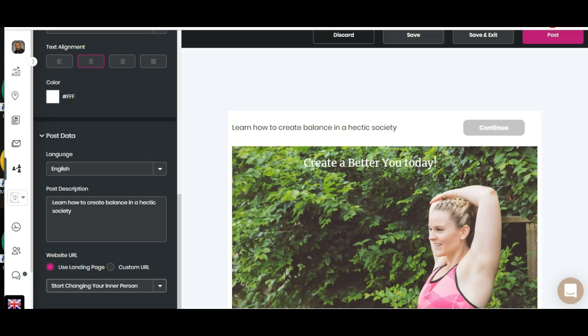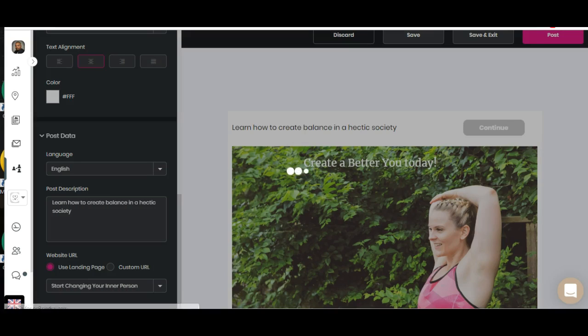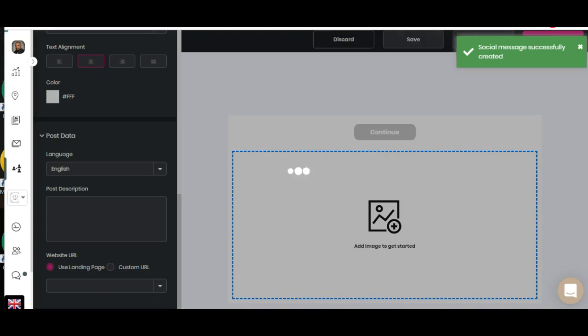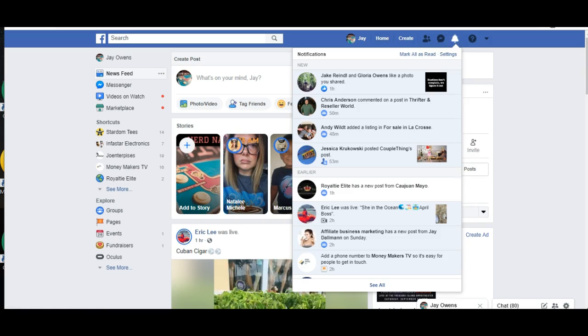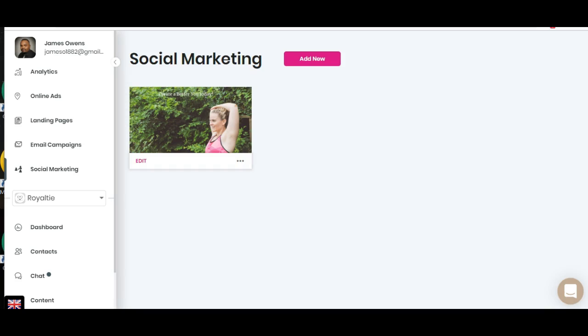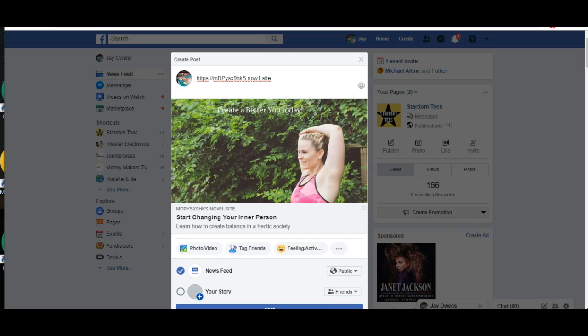So if we want to post, we're going to save it first, and then we can post. Okay, message successfully created. Let's see if it actually posts. So you would save and exit, and then what? They're still working on some of the kinks right now. So what you can do here is copy the link, go to your Facebook, post your link in here, and then delete it there, and then